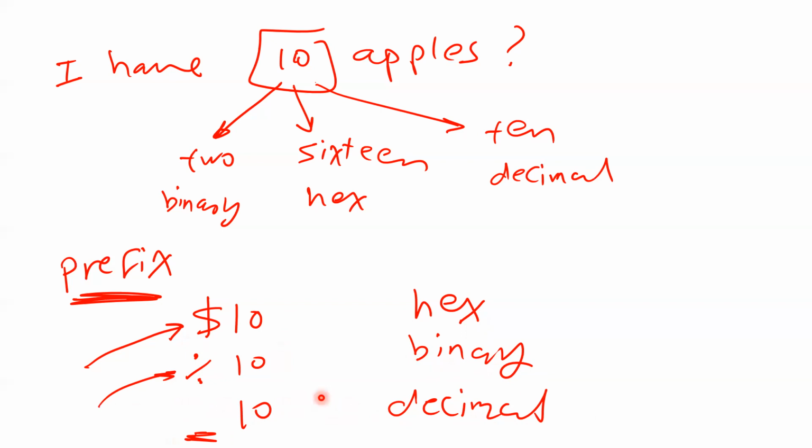In C, we're going to use different symbols, but the same concept, the same idea. Even for other languages, if you go to Java or Python or whatever, maybe they use different symbols. But anyway, you have to use a prefix. You have to tell me what this system is. I cannot guess it.